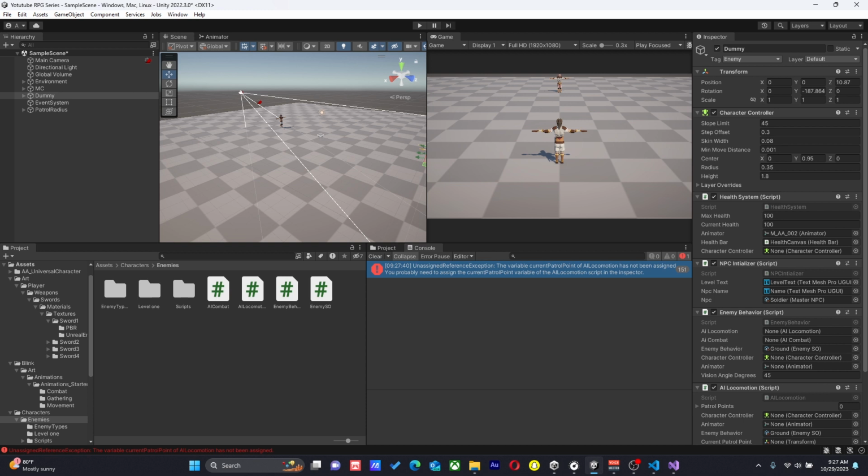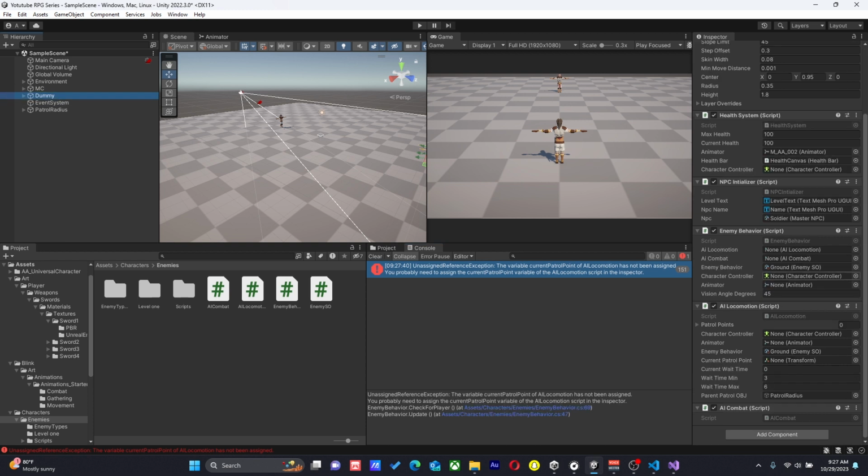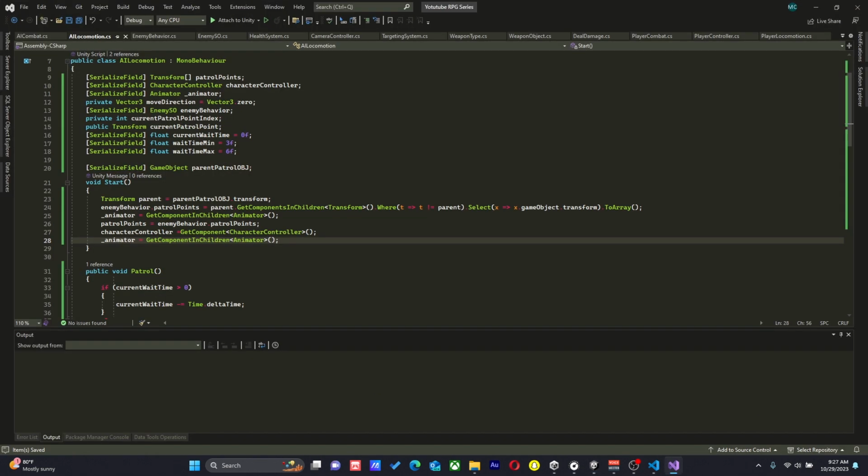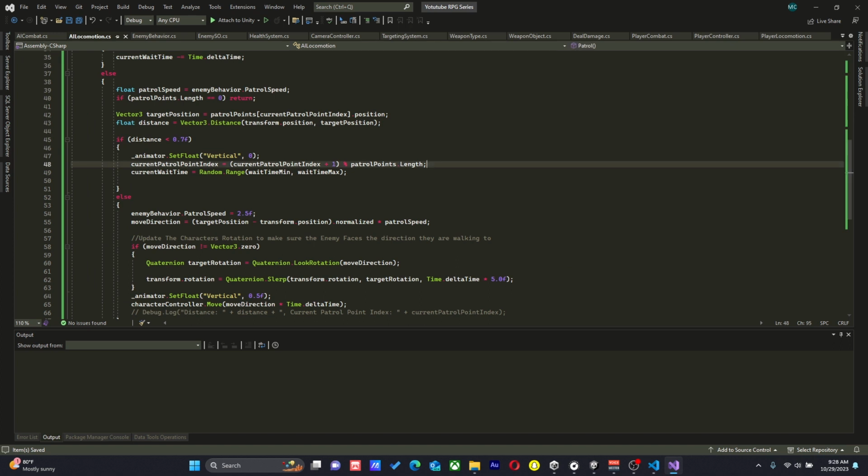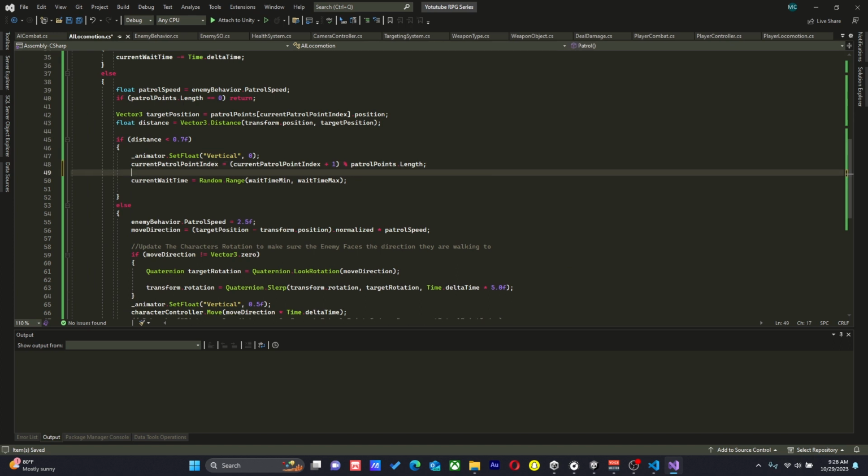What is the issue? He's seen us, but when we come to our player locomotion, the current patrol point of AI locomotion has not been assigned. The current patrol point, okay. So every time here, we're going to have to set it here. We're going to have to say current patrol point is equal to